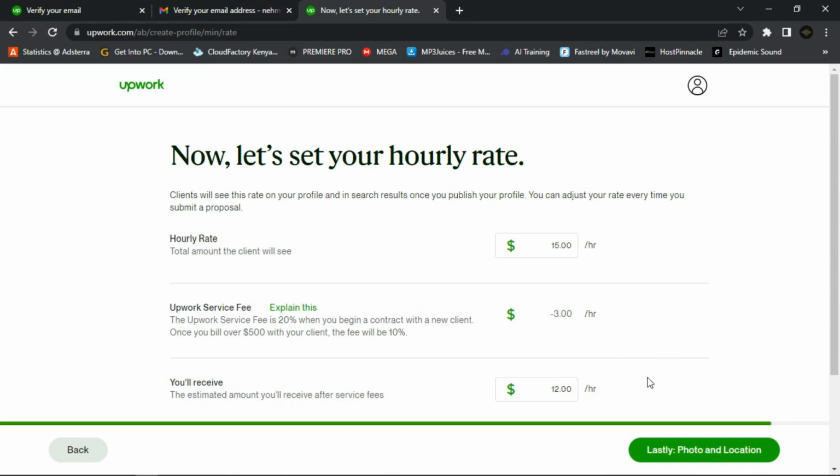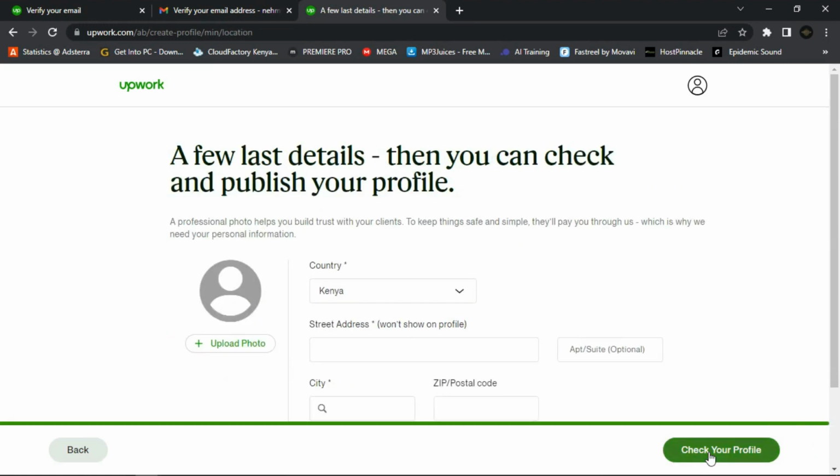So now lastly, click on photo and location. Click on this next. In this page, you're going to choose a photo, and then you're going to add your location. So now let's first begin by uploading a photo.